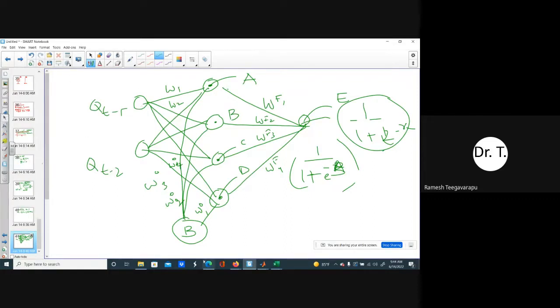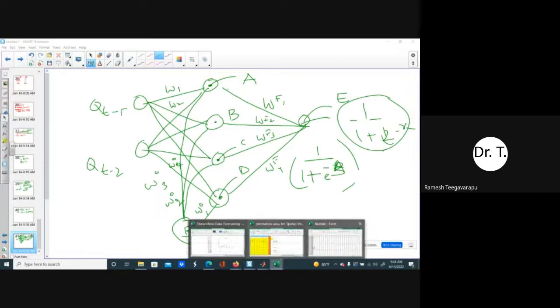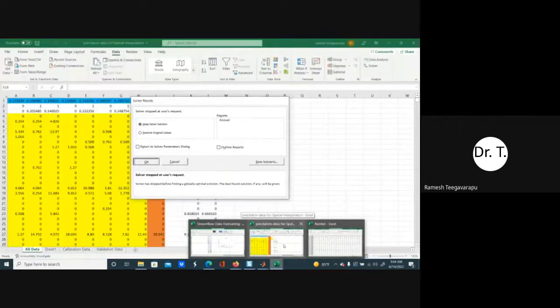So I'm assuming that everybody knows a good amount about artificial neural networks. They can actually develop